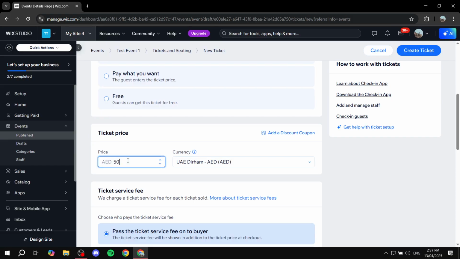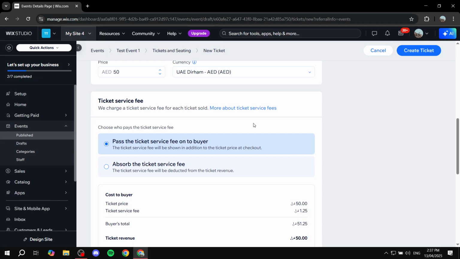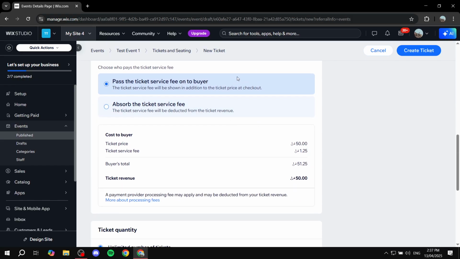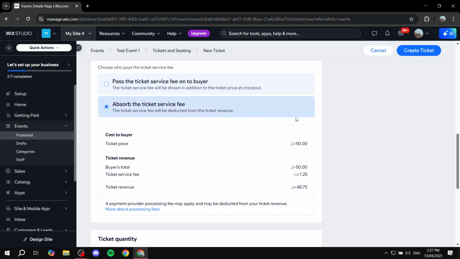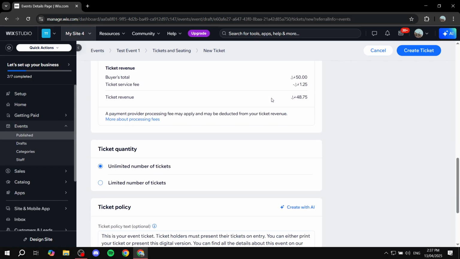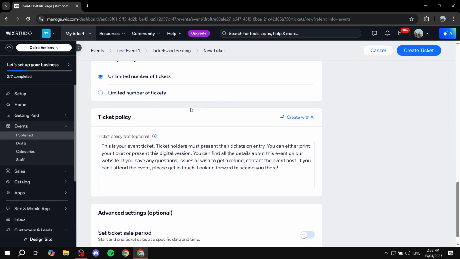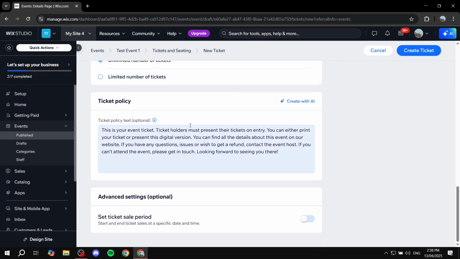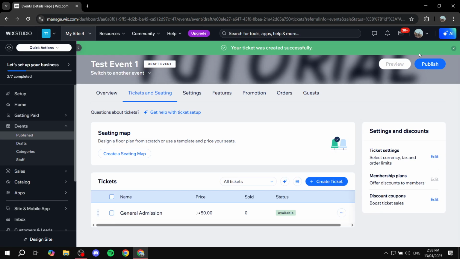Let's just say 50 AED, and then I'm just going to scroll down a little bit and see the fees that are going to apply, because there are going to be fees that apply to the tickets once they actually purchased. So whether you actually want to pass the ticket service on the buyer, so they buy 50 dirhams and then they add the extra fees, or you just go ahead and absorb it from your total. It's obviously completely up to you. And then we also have the ticket quantity. I'm just going to leave it as unlimited, but if you wanted to change to limited, it's up to you. And we also have the ticket policy. So I'm just going to go ahead and click on create tickets,